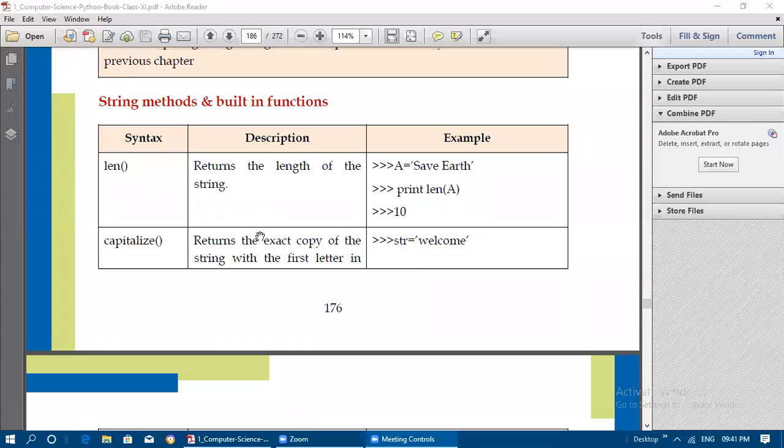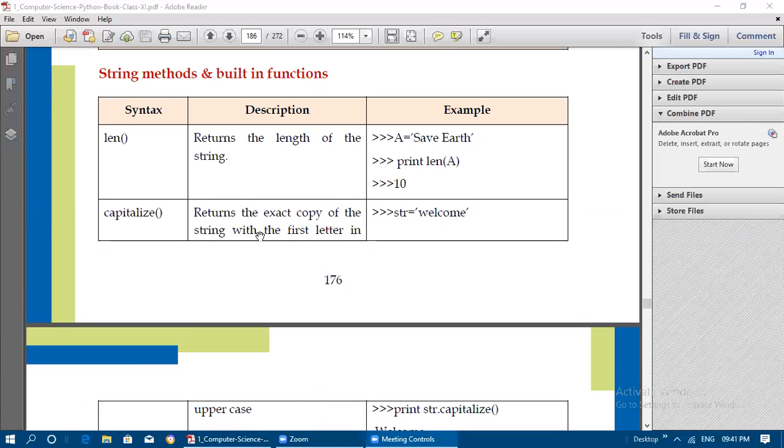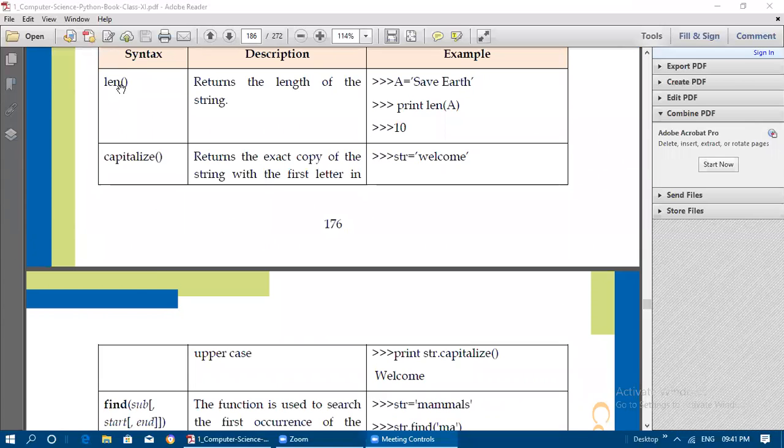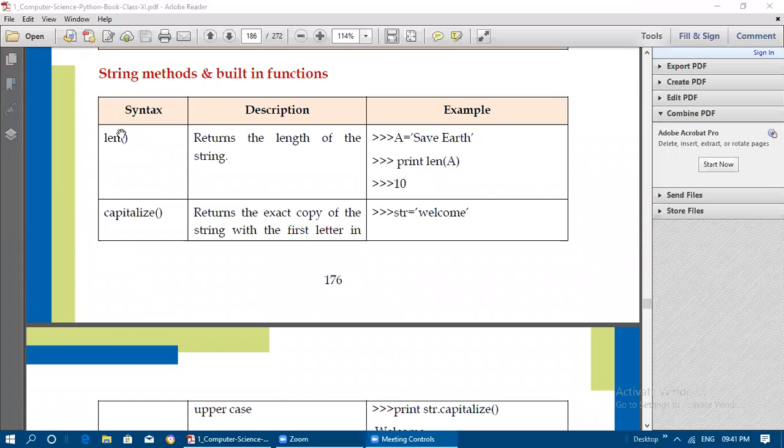Okay, next is string methods. Some of the string functions or string methods and built-in functions we will see here. So len is the built-in function. Other than the len function, all the other functions are going to be used along with the string module. So you need to import the string module. Along with the string module, you need to give capitalize and all those functions. So the first string function is len. We use len for this purpose: it returns the length of the string.